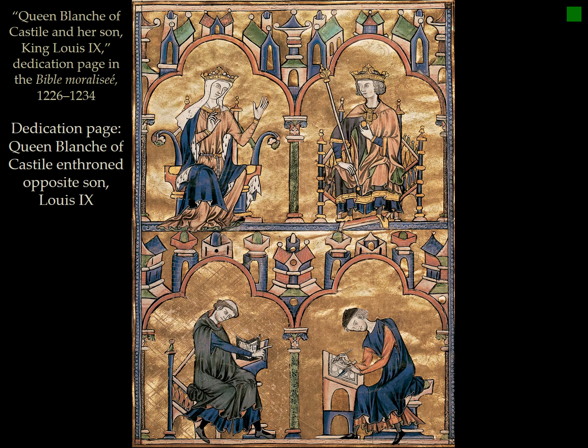The royal patronage is attested to in the Bible Moralisée, as seen here in this wonderful frontispiece or dedication page, which shows Queen Blanche of Castile enthroned opposite her son Louis IX. As in this example and below, clerics are going to be dictating the text to a seated scribe, showing how